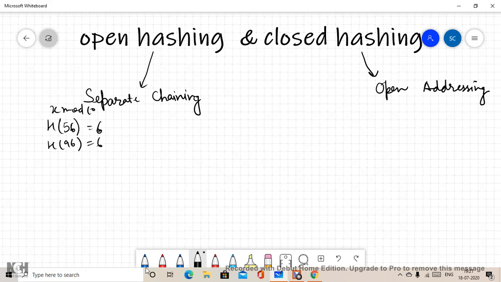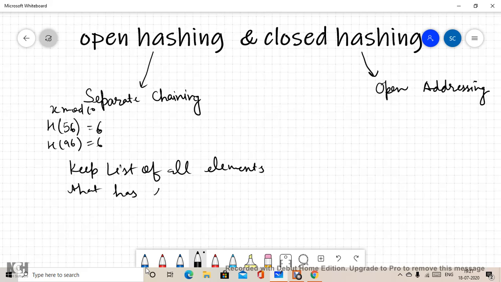So what we do in separate chaining, the concept is that you keep a list of all elements that have the same hash value.